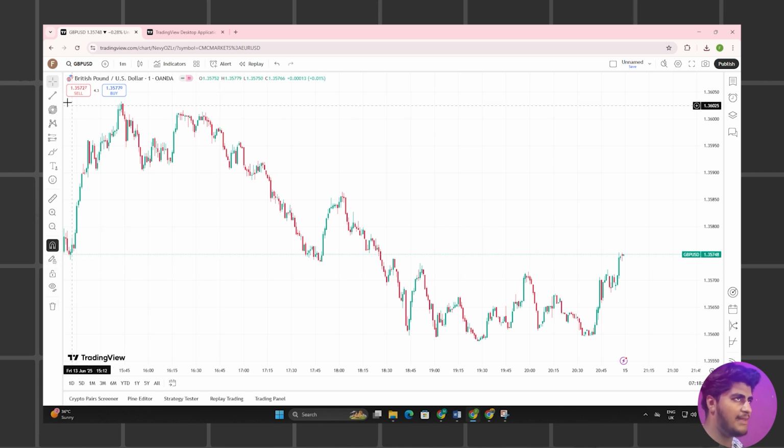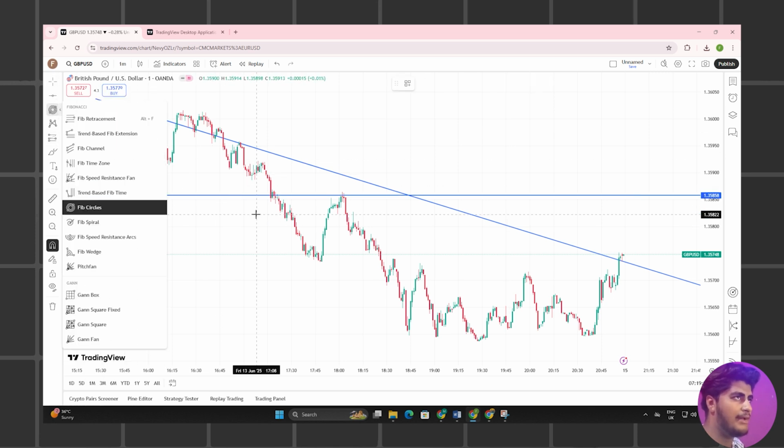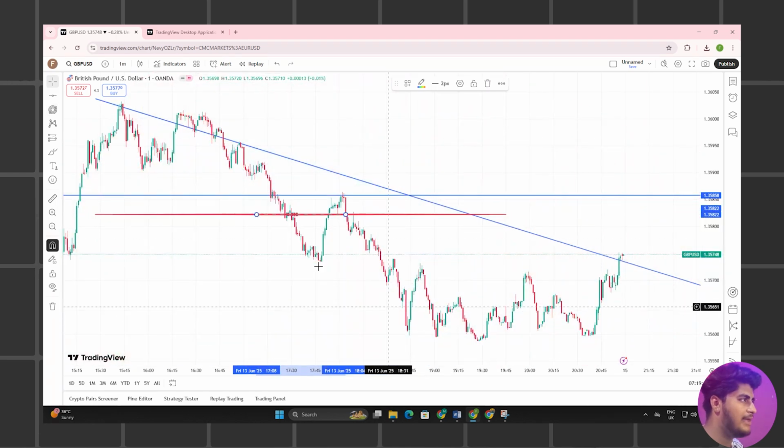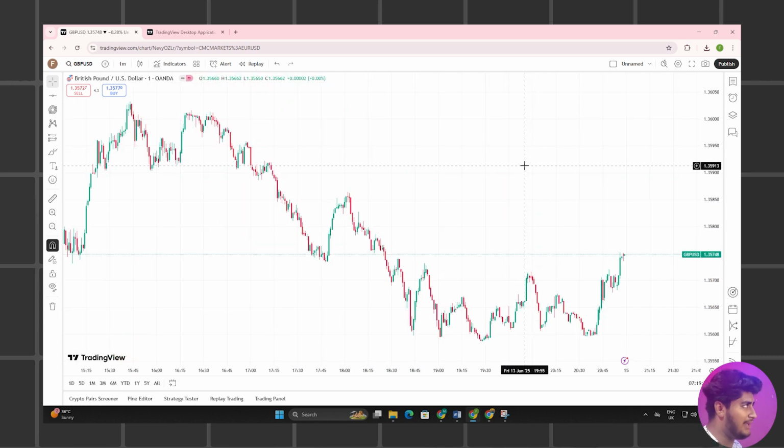You can remove. For example, I draw anything. These are also for analysis. Now this is the delete one. For example, I draw analysis lines. I put this one. I get a horizontal line. I get this one. This one is analysis. Now I want to delete all of this from my screen. You can go to delete and select what you want to delete. There is an indicator option and there is a draw option. For example, I select remove these 3 drawn lines. And you can see the screen is clear now.